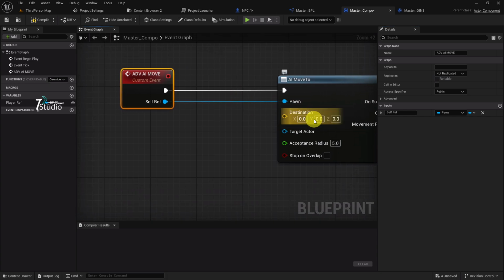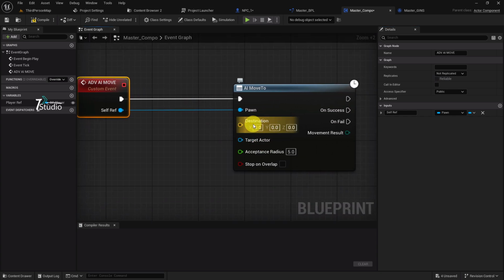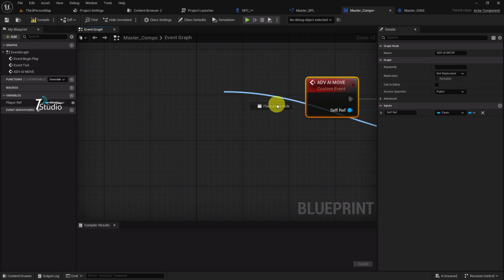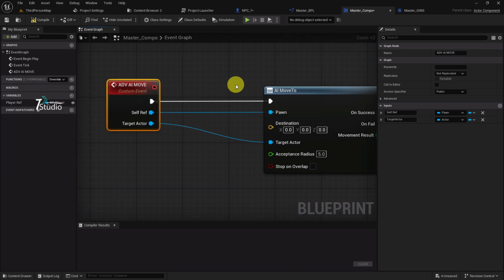And about the destination or target, if you use the destination, you don't have to give target. If you give target, you don't have to give destination. So actually both are the same, but with destination you can do it more precisely. But the character one will get the character's location and it's going to be moved there. So I'm going to use the character target actor, so the targeted actor, which is fine, and the acceptance radius,